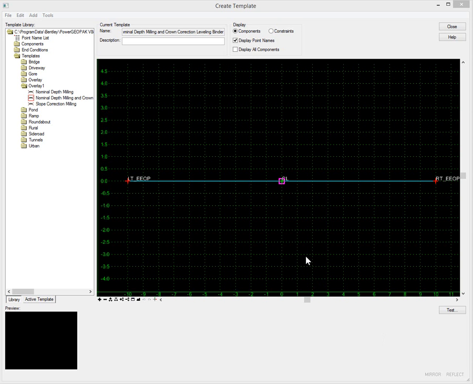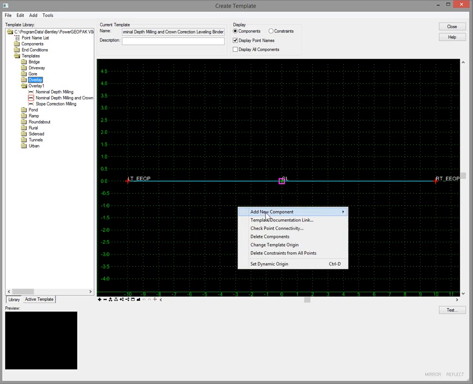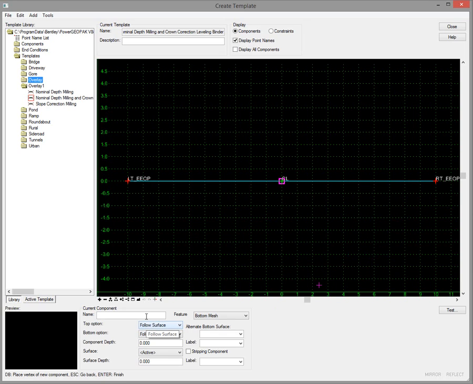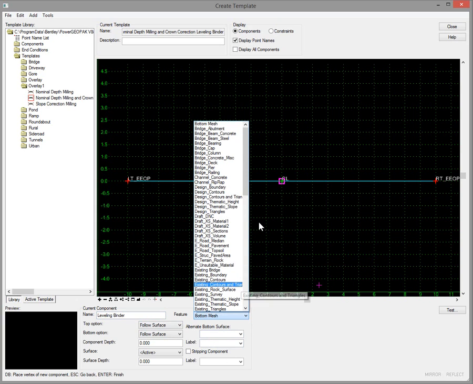So to complete this third example, I've taken the nominal depth milling template and made a copy of it and called it nominal depth milling and crown correction leveling binder. And so we're going to go in now and add this next overlay component. So we're going to add the overlay stripping component. I'll call this leveling binder, and we'll set the feature to that,